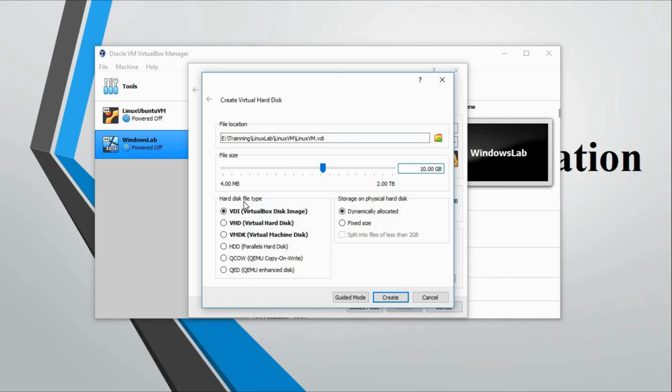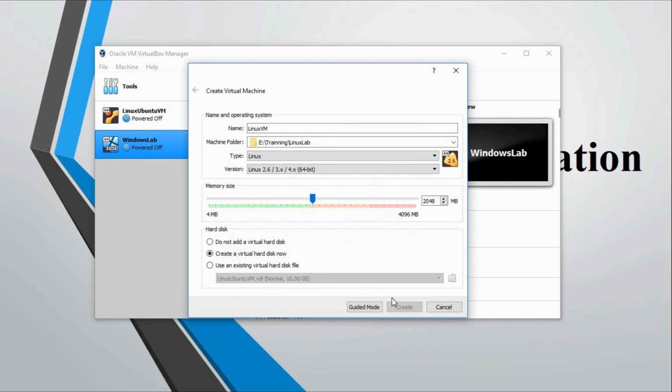Now hard disk file type, by default it is VDI, which means VirtualBox Disk Image. Leave it as default. Storage on physical hard disk, by default it is selected as dynamically allocated. Leave it as default and click on create.